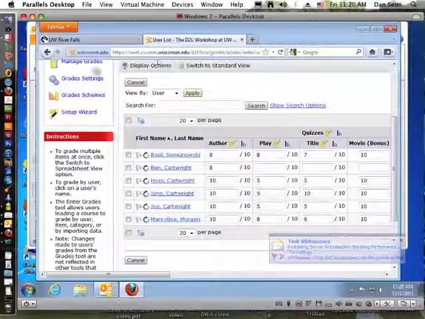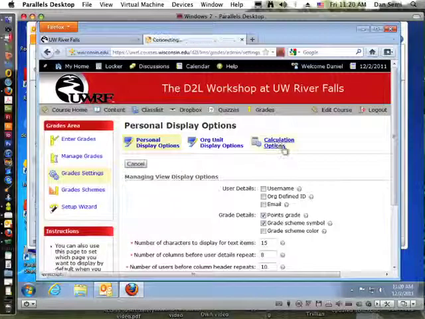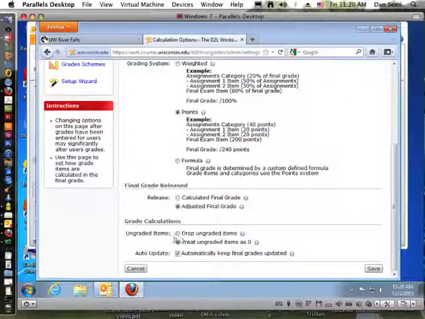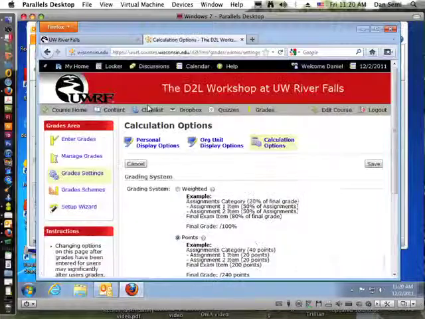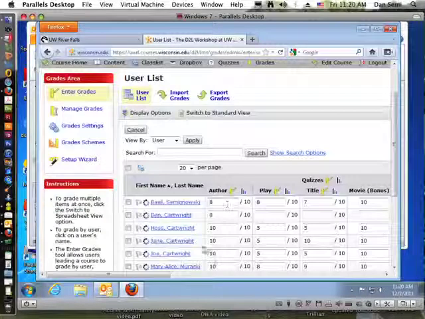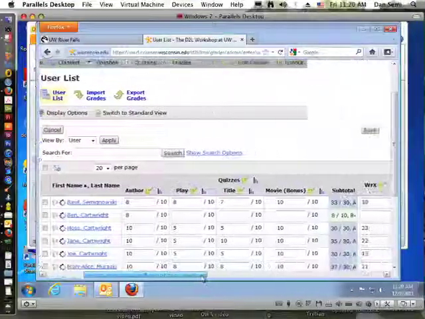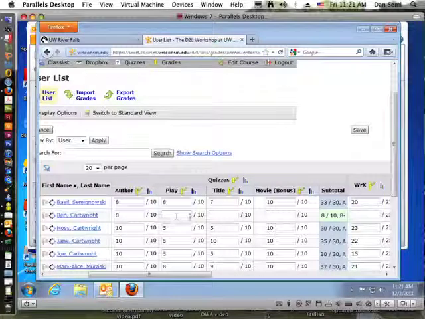Let's go over here and choose grade settings, and we'll go to the calculation options, and we're going to say drop the ungraded items. We'll save that, make the changes, and we'll go back into enter grades and take a look at what Ben looks like now. Now if I look over on Ben, he's showing 8 out of 10, B minus, because these three have not been graded yet, and even though they're zeros, it's not counting them in there.